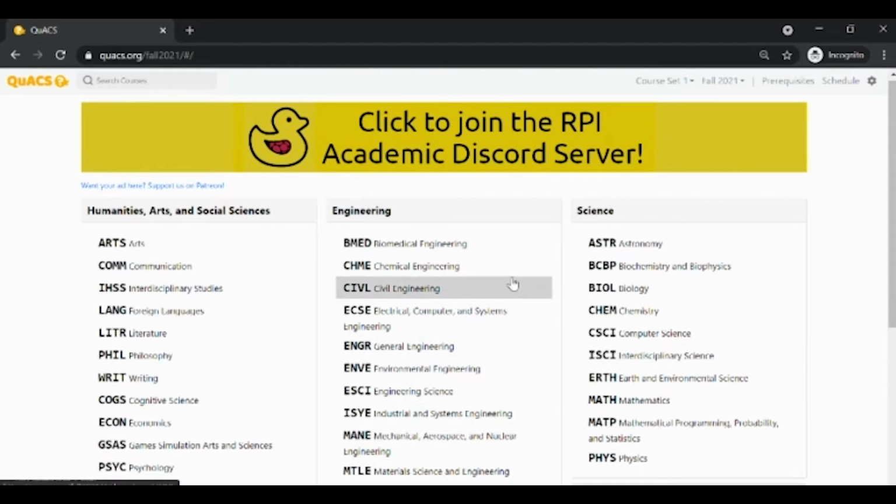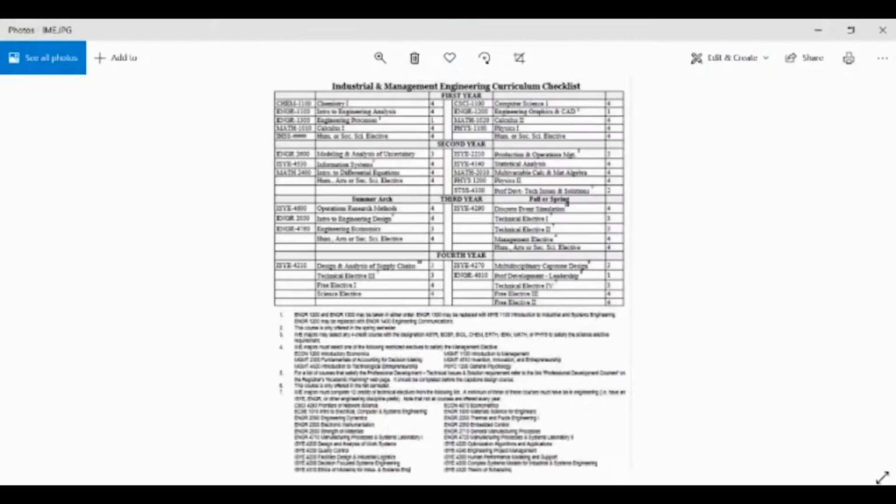On this main page here, you'll see the different topics and the different schools by subject. However, what you're really going to want to do in using Quacks is refer to the course number for the class that you need to take. Within the templates for any given curriculum, you can see a 4-letter and 4-number course code. This is what we're actually going to use to search Quacks.